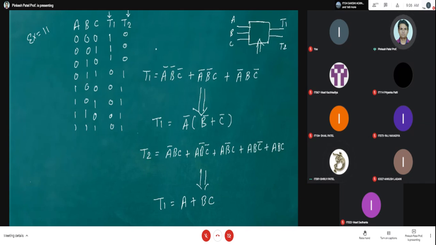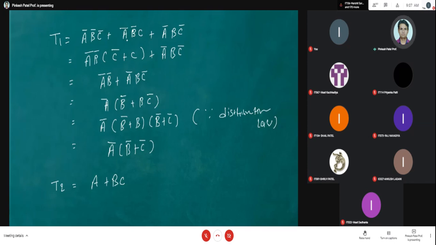By looking at the truth table, we can say T2 and T1 are complements of each other. So there is no need to write down the Boolean expression for T2 in that case. You can write T2 is equal to T1 complement, means T1 bar.